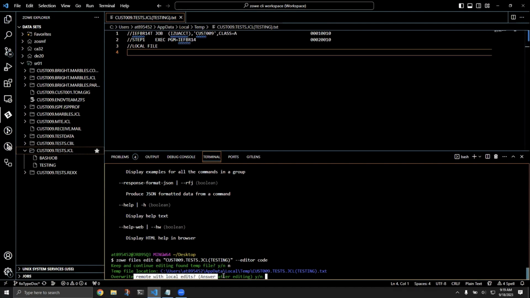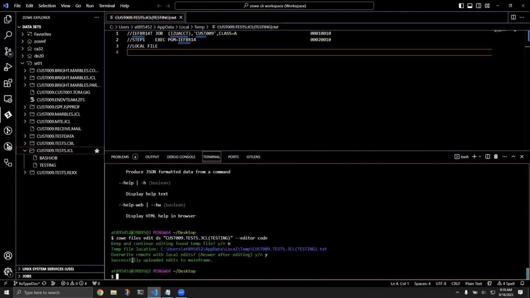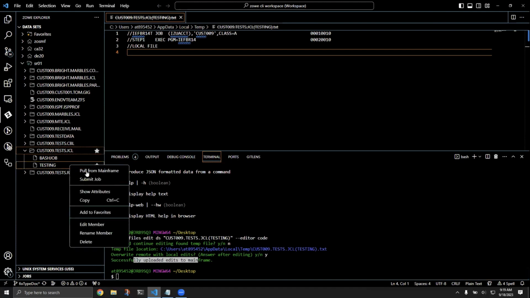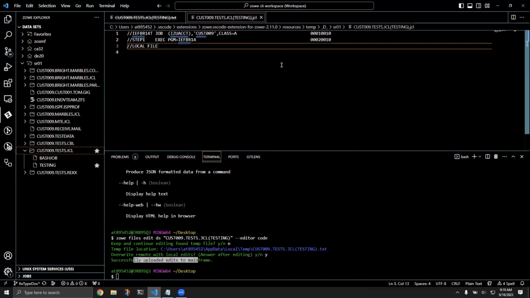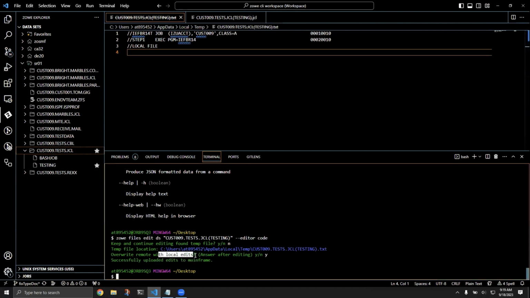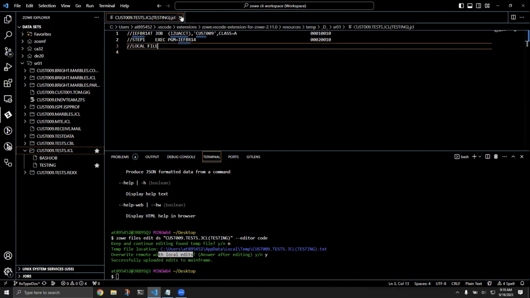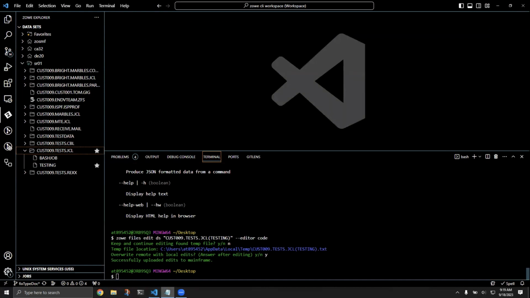overwrite with local edits, say yes, and then successfully uploaded. If I pull from mainframe, I'll see that my mainframe file now has local, and this is the old version that I was just editing that no longer exists because once I upload my file to the mainframe, it gets rid of my local version, like my stash. So apologies if that was kind of confusing, but I have a couple more examples, so maybe it will make more